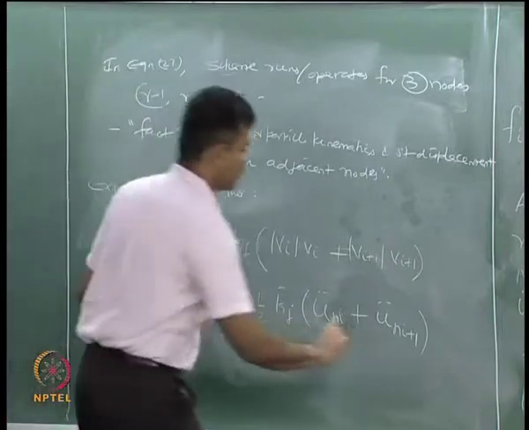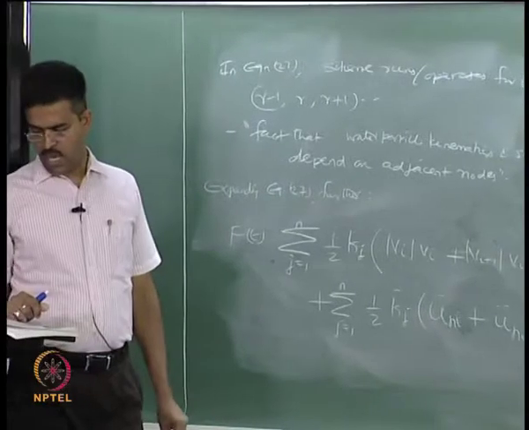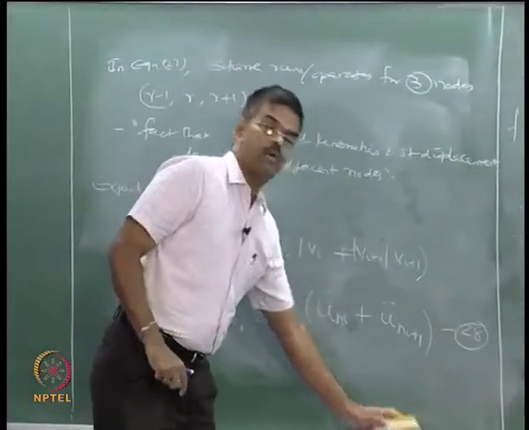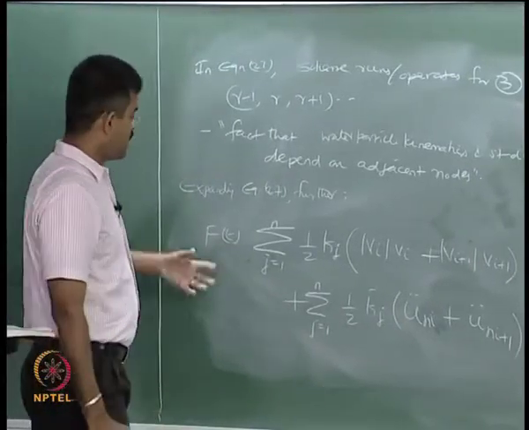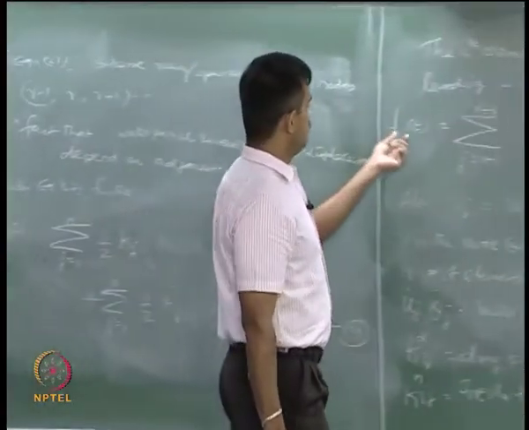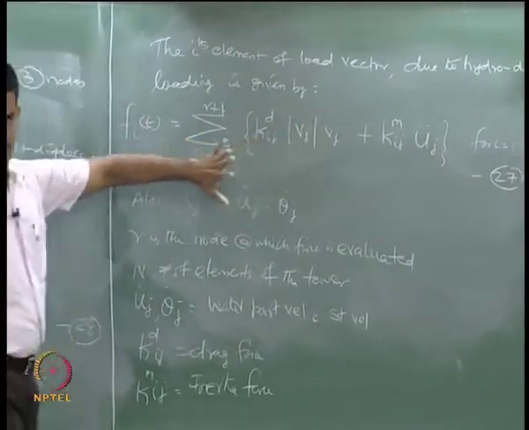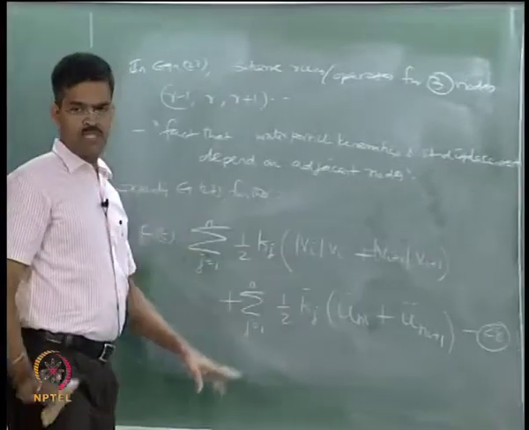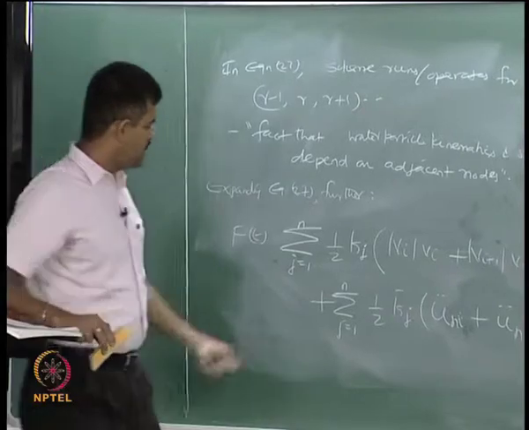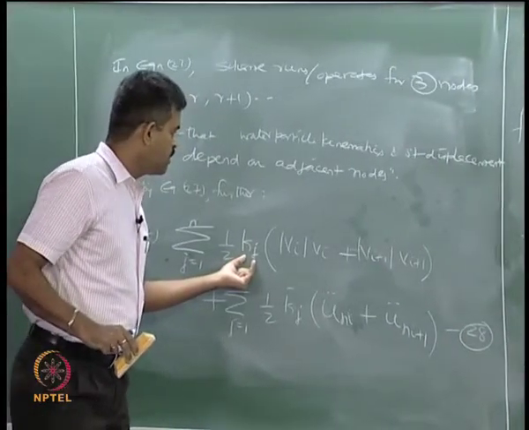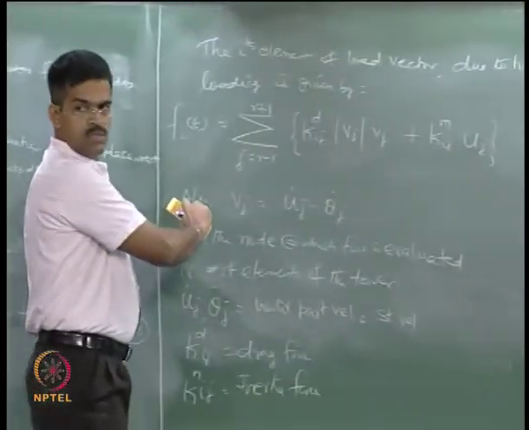I call this equation number 28, where kj and k bar j are given by the following. What I have done in equation 28 is I have just imposed the summation of nodes into this and expanded it on the basis of equations 11 and 12, which we wrote earlier. Now let us see what this kj and k bar j look like. Shall I remove this?